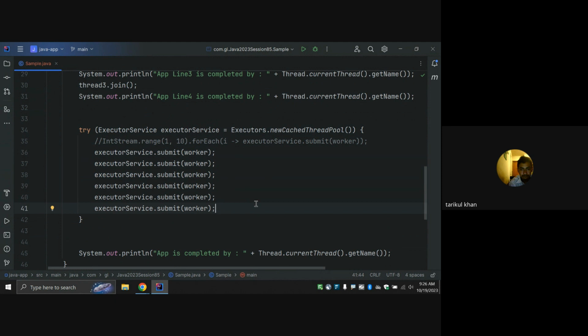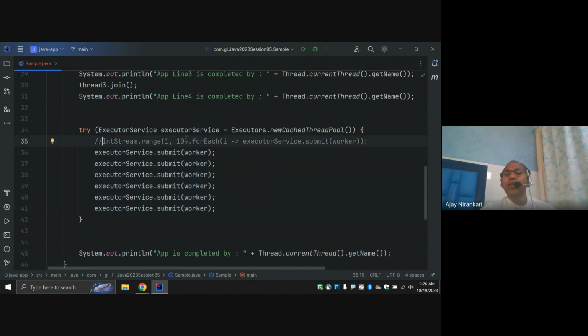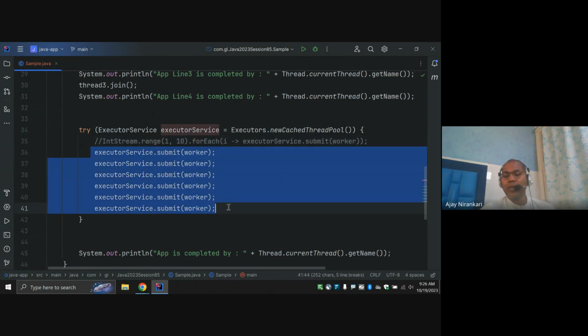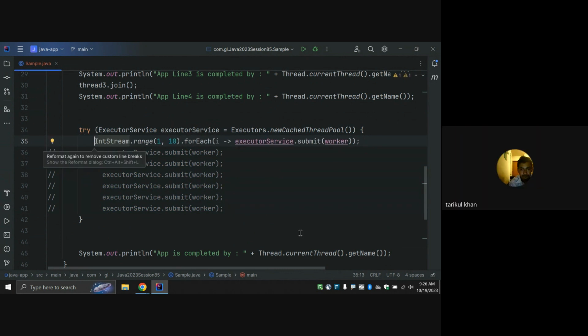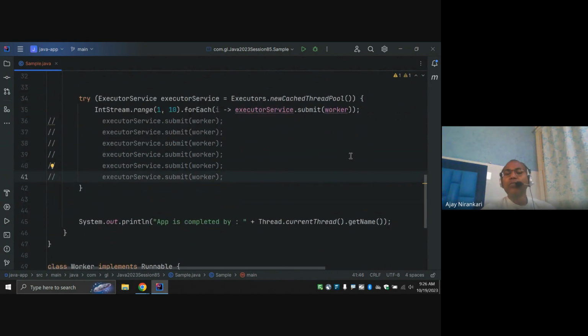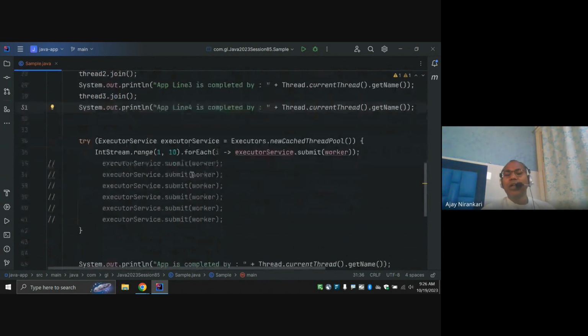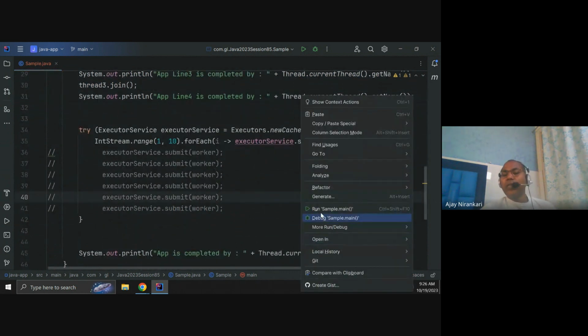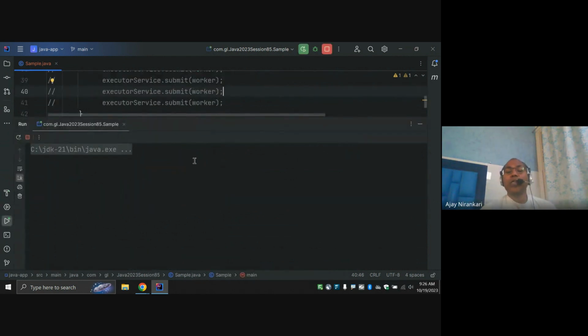So the preferable way, don't write it this way, use a loop, maybe a for loop or IntStream. I'm using the for loop. I can start it this way or this way, both are the same thing. So here my intention, one thing we can understand is that the join method helps us wait for one thread, but sometimes whenever you start multiple threads using the executor service,